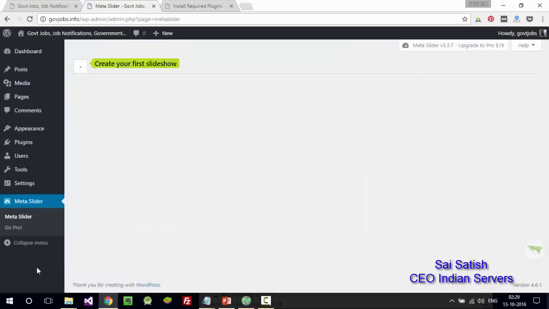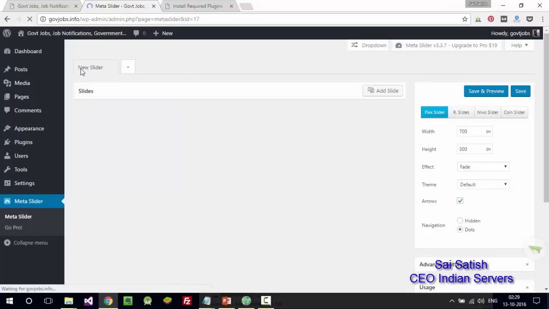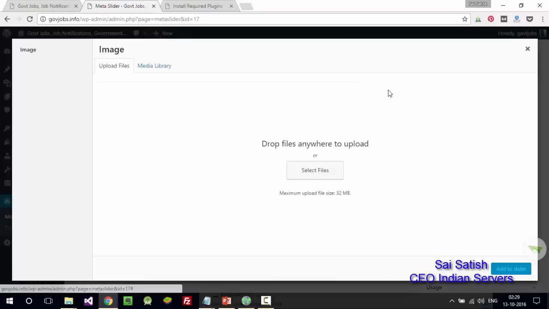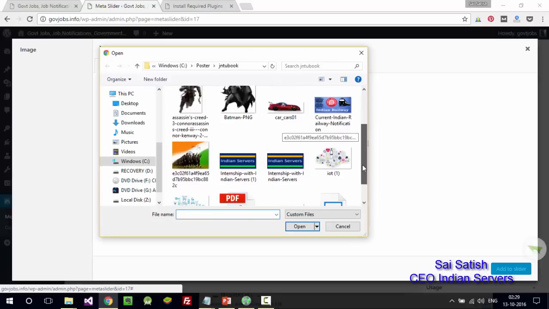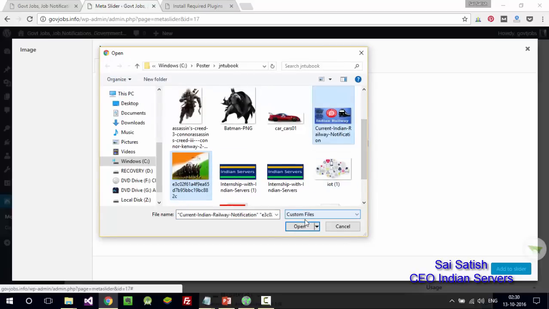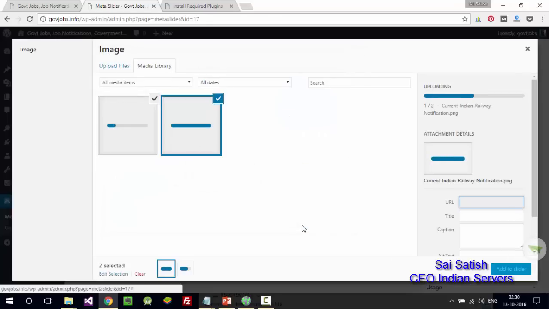Come here. Let me create the first slider. Add a slide. See the dimensions, recommended dimensions. Let me add some basic sliders. For example, let me go ahead and add these sliders, these images as a slide.